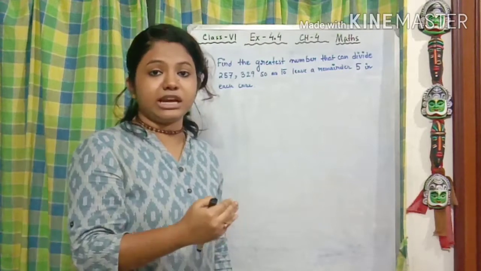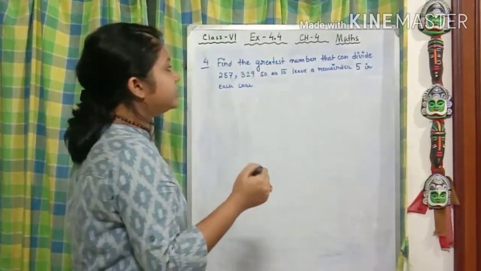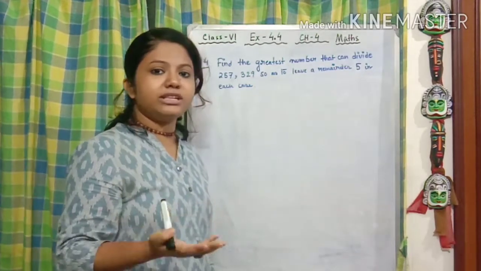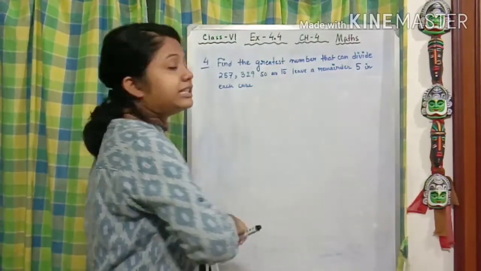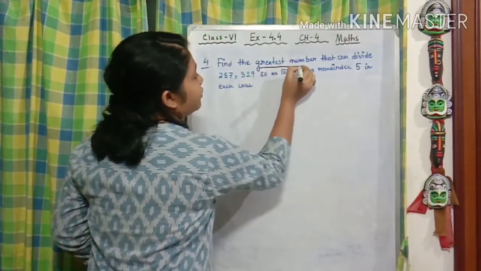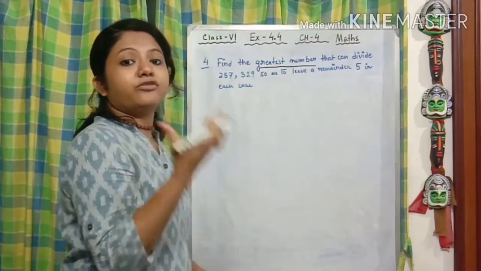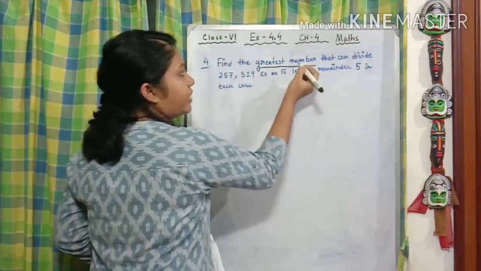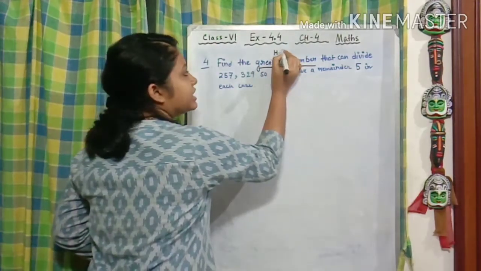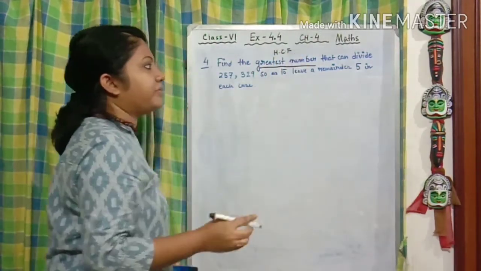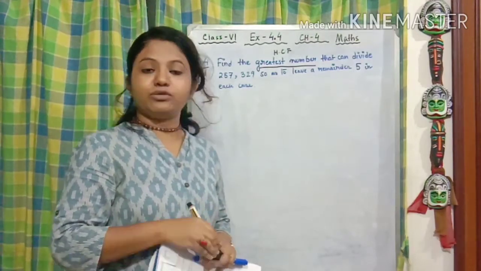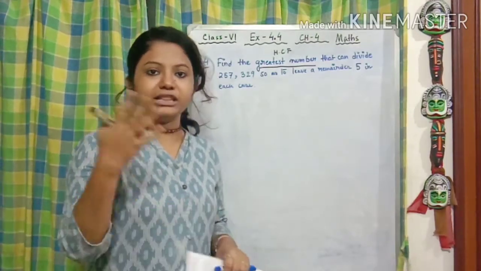You have to understand what they are saying. First of all, how are you going to understand whether this will be a HCF or LCM? That is the trick I am sharing. You have to find what kind of number they are asking. The greatest number, right? HCF means highest common factor, so greatest goes with HCF. Okay, now how are we going to proceed? We have to perform HCF to find the answer.